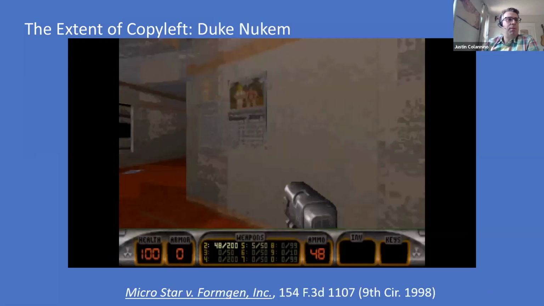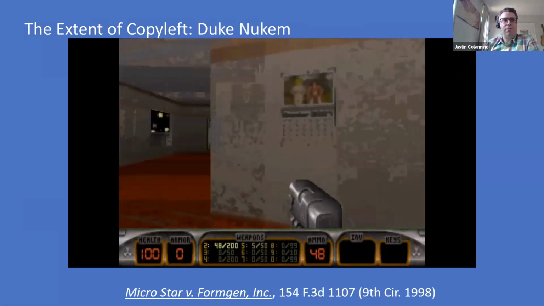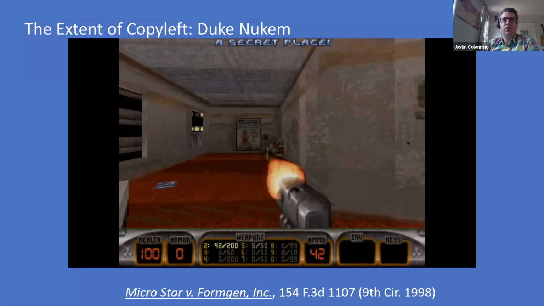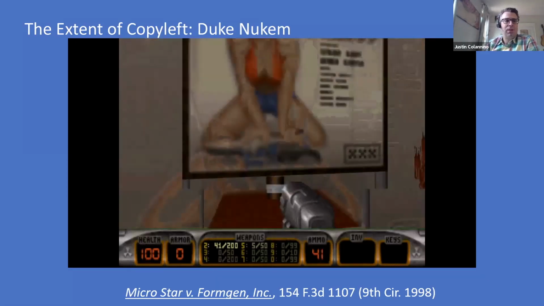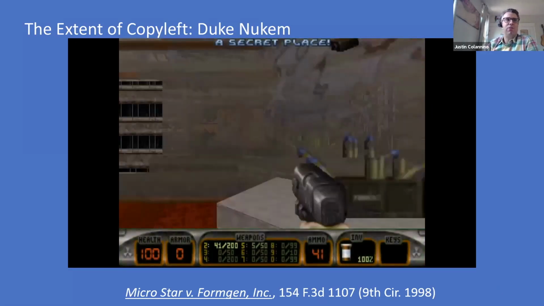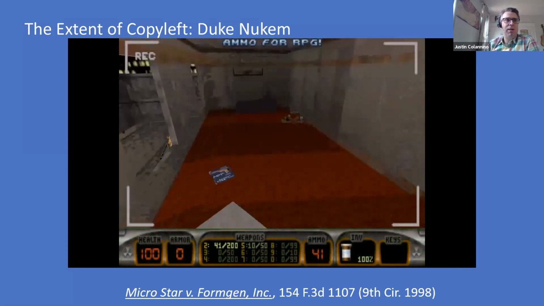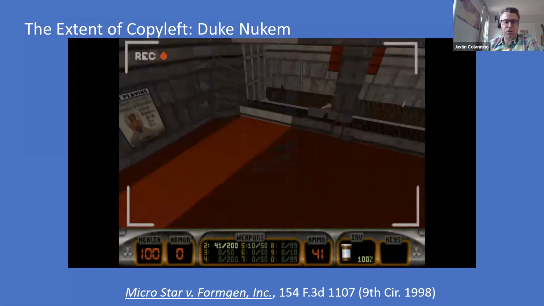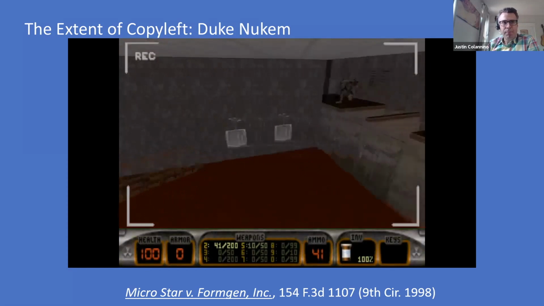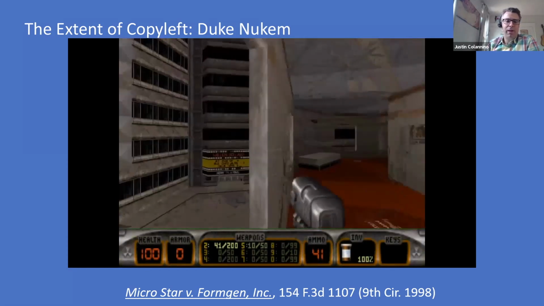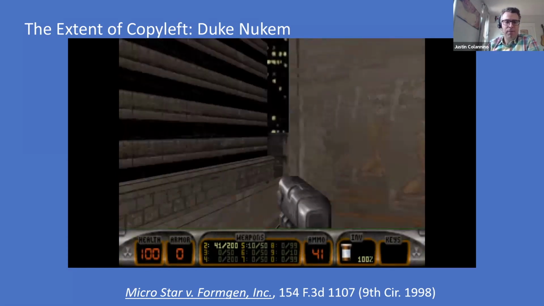But let's now talk about a different video game case. Like I said, we don't have great case law here. So this is the Duke Nukem case. I'm just going to leave it playing in the background for folks, just for a feel of what the game is. Basically a first-person shooter game. Run around, get guns, body armor, go kill bad guys or whatever.